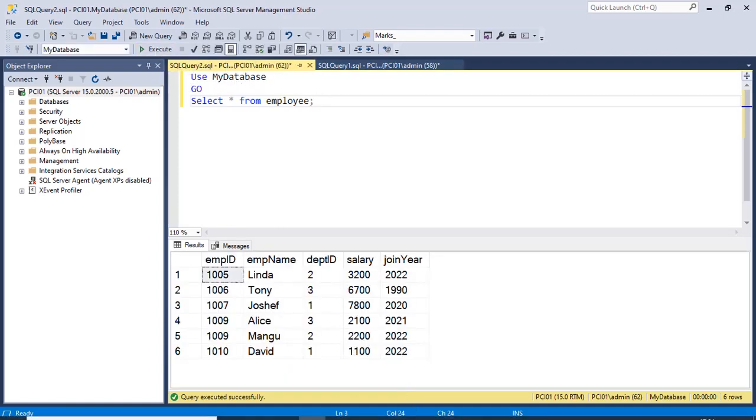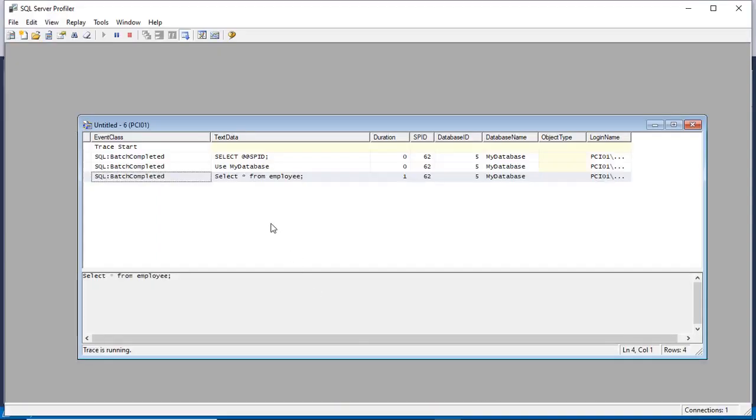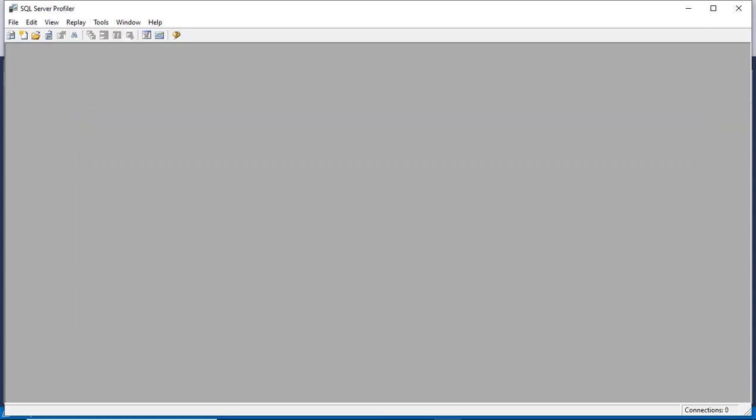Now check the profiler. I have the tracing only for my database. You can see no tracing for the test database because of this filter I applied. So this way you can apply the filter.